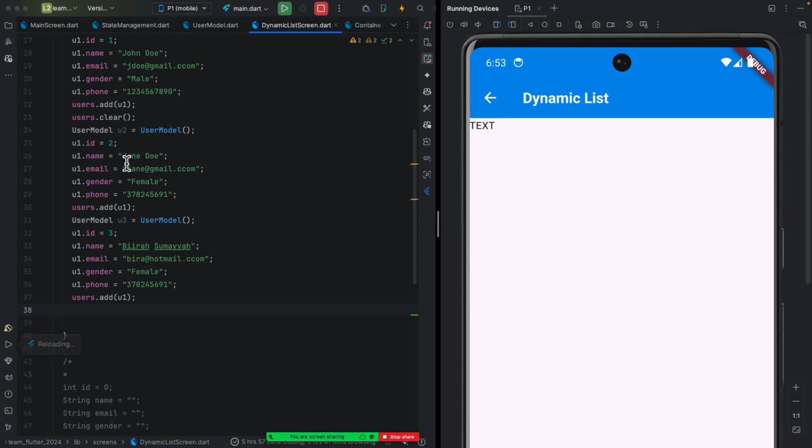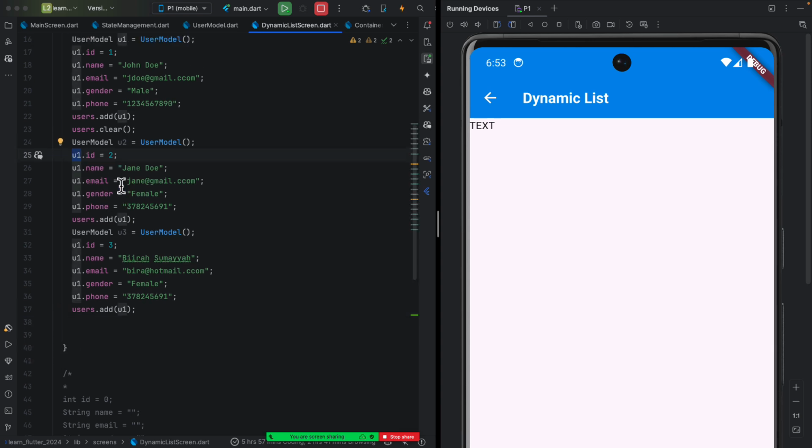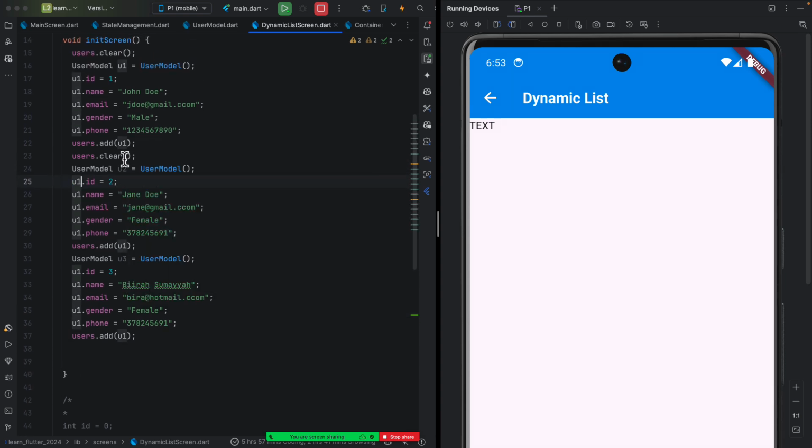Okay, so here I have to add I2, U2, U2, U2. Let me come and add it here also, and then come here, U3, 3, 3, 3, 3, and then I add here 3. Okay, so it means that every time you start the screen,